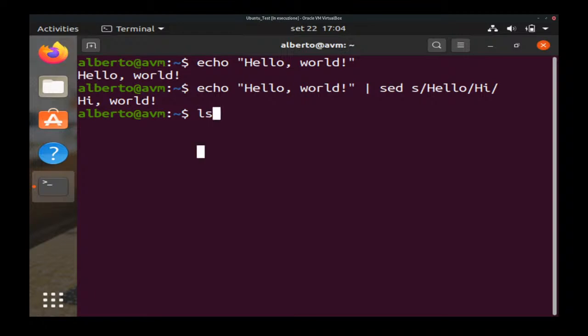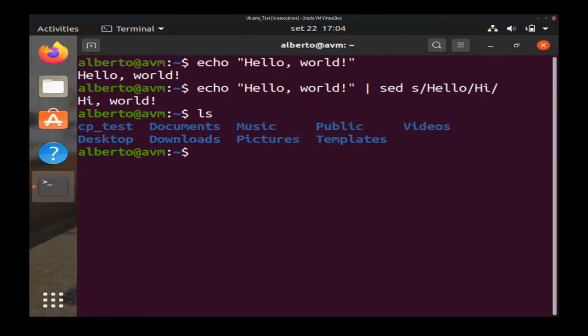Let's see another example. By using the ls command, we know that we are able to see the content of the current directory, but of course, let's assume I want, in some sense, to cheat and replace one of the